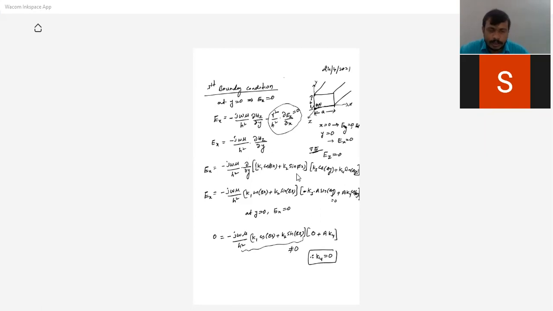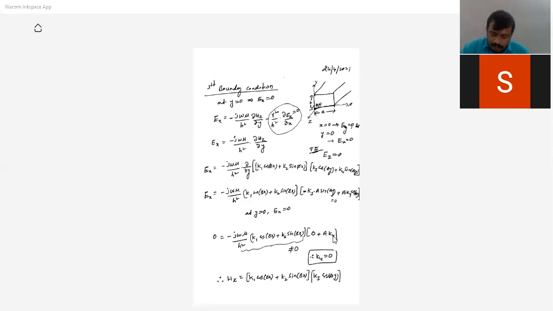So here, the product is 0, but it's a time varying one. So this is a non-zero value, but the product is 0. That means K4 should be 0. So now our Hz becomes, K4 is 0, so Hz is equal to K1 cos bx plus K2 sin bx into, K4 is 0 now, I have only the K3 term, so K3 cos ay.